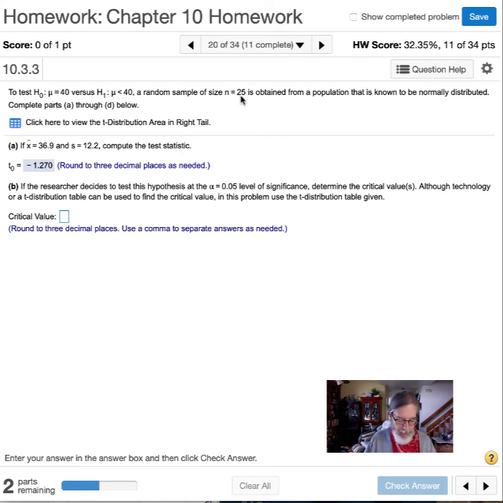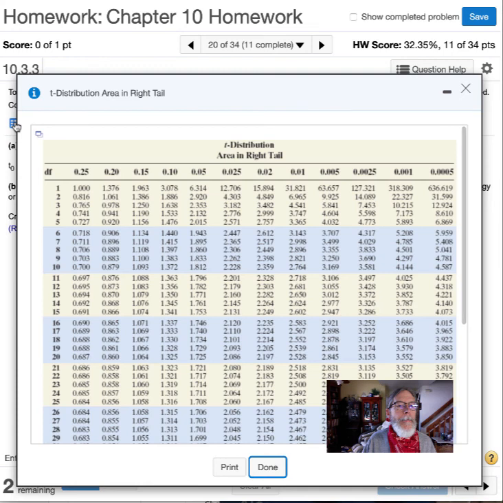So we've got 0.05 and 24 degrees of freedom. We go across to 0.05, and right there, 0.05 and 24, is 1.711. However, this is the right tail,